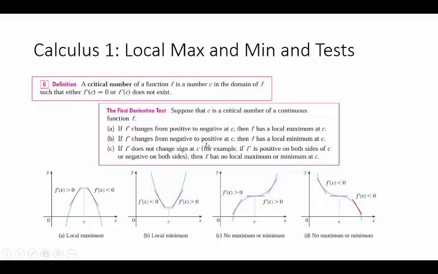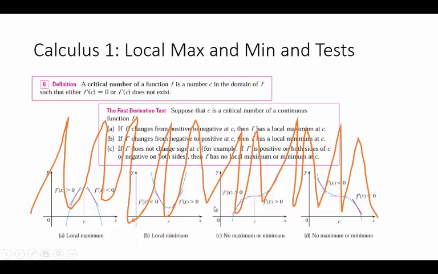Now the advantage of doing this is that you're guaranteed to figure out whether you have a max or a min at your critical point, and that works really well if your domain is one-dimensional. We saw that dealing with limits, we can just look from the left and from the right, but when we extend that idea to multivariable functions, it doesn't quite work so well. So the first derivative test will not work very well for our purposes in studying multivariable functions. So we're going to scratch this out